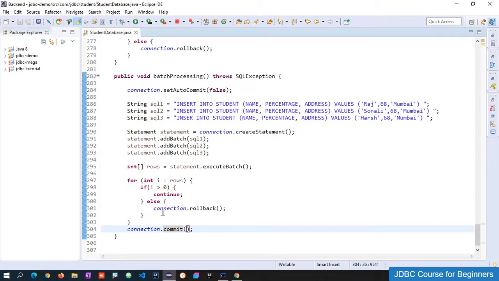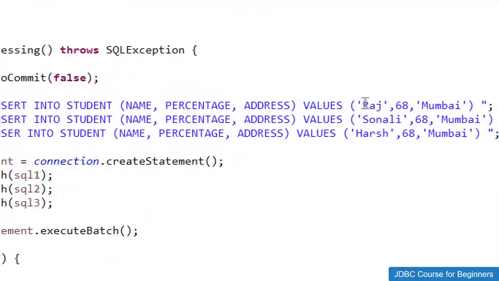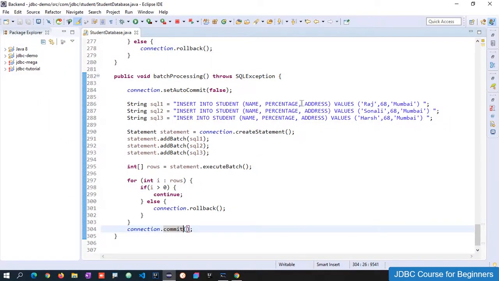So in this case, we used transactions and batch processing, almost every concept that we need. How we can pass dynamic values, we have already seen in my previous sessions, specific to the PreparedStatement and Statement sessions. If you want, you can check out those sessions, and the link is in the description box. Now I hope you got an idea around what a batch is and how we can perform batch processing in JDBC.